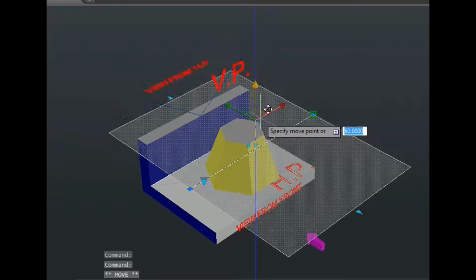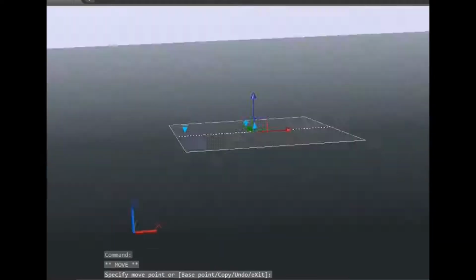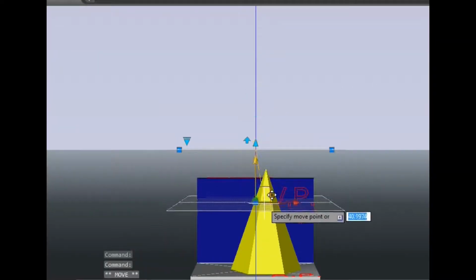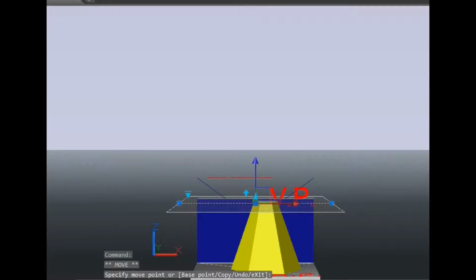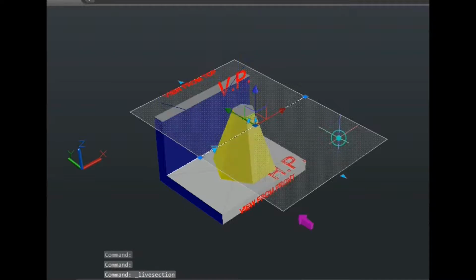This is the section plane parallel to HP, but the distance is given 45 mm, so I will take some more distance. So let us say this is the 45 mm distance from the base to the section plane.